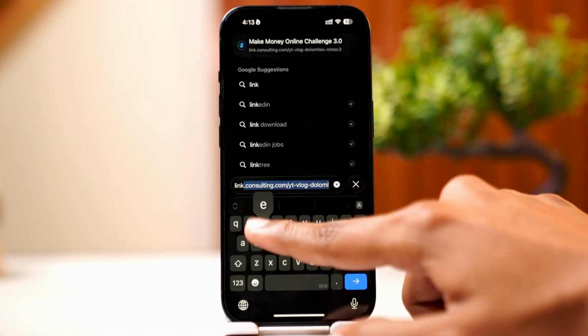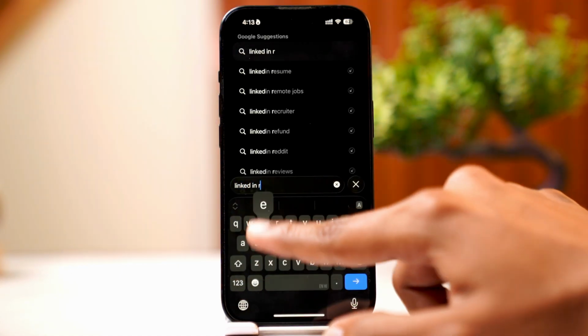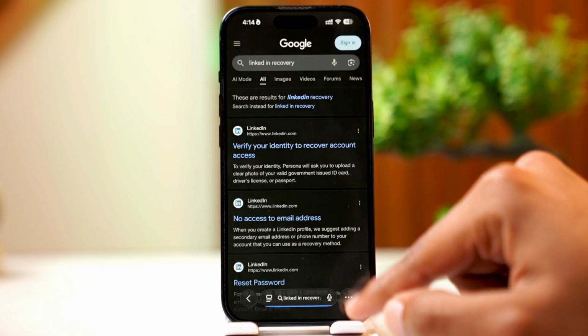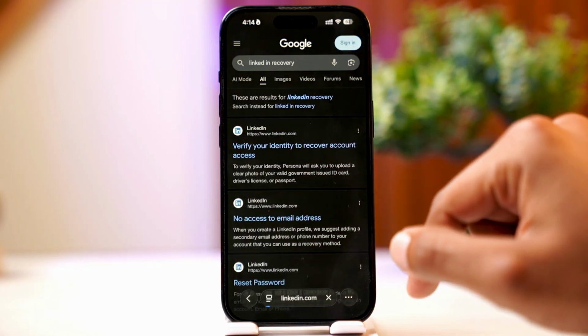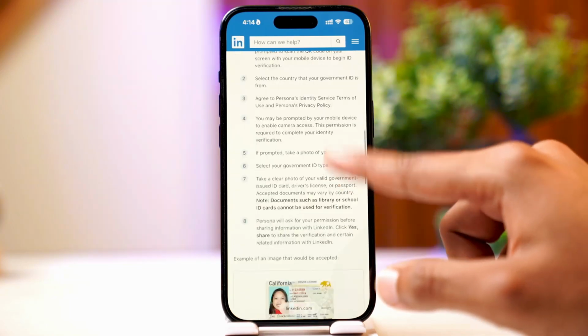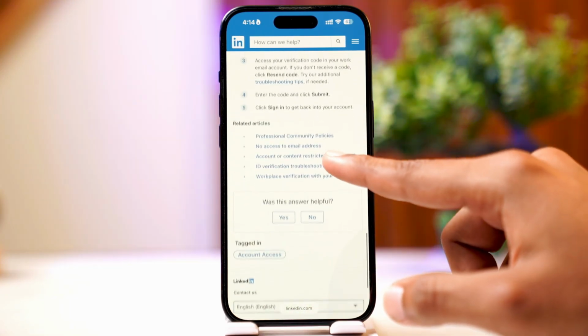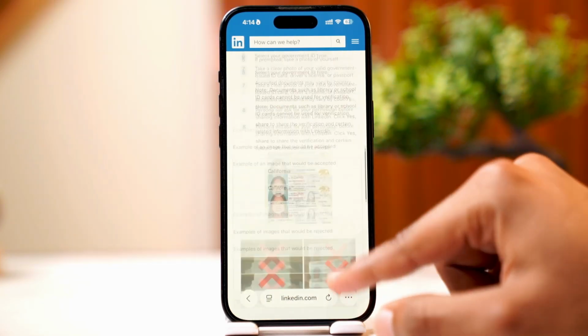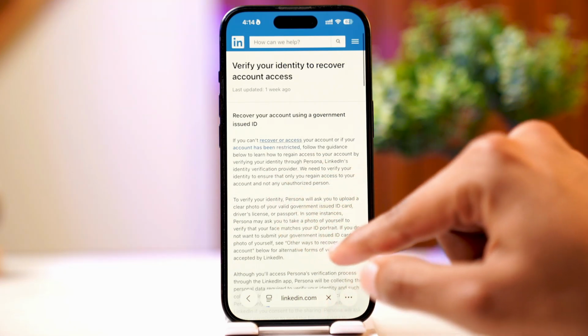simply go ahead and search for LinkedIn recovery. Once you've done that, you want to simply go ahead and click on the first link right over here, and then you can simply go ahead and recover your account by heading straight into the recover or access tab right